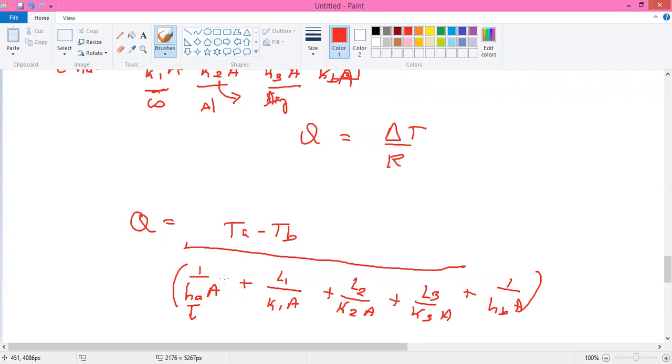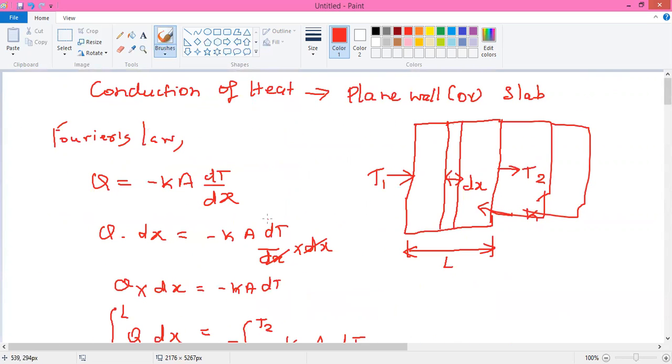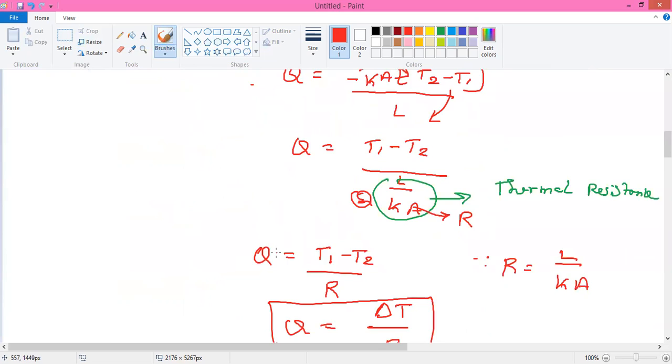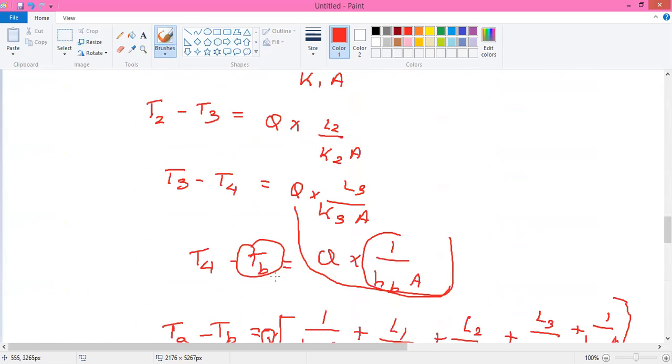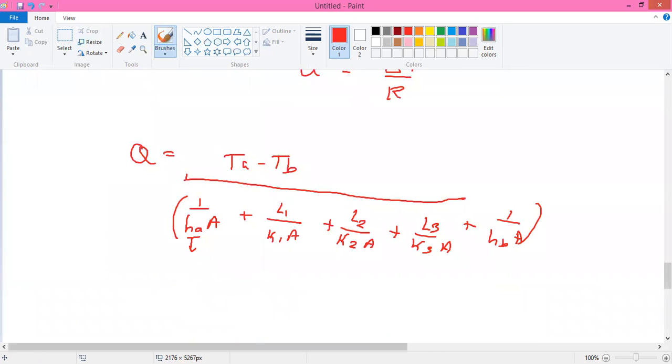Okay. So this is how to find the heat transfer for a plain wall and a composite wall. Before finding the solution for plain wall and composite wall problems, these formulas are used in the problem. Okay. So next is a problem related to the composite wall.